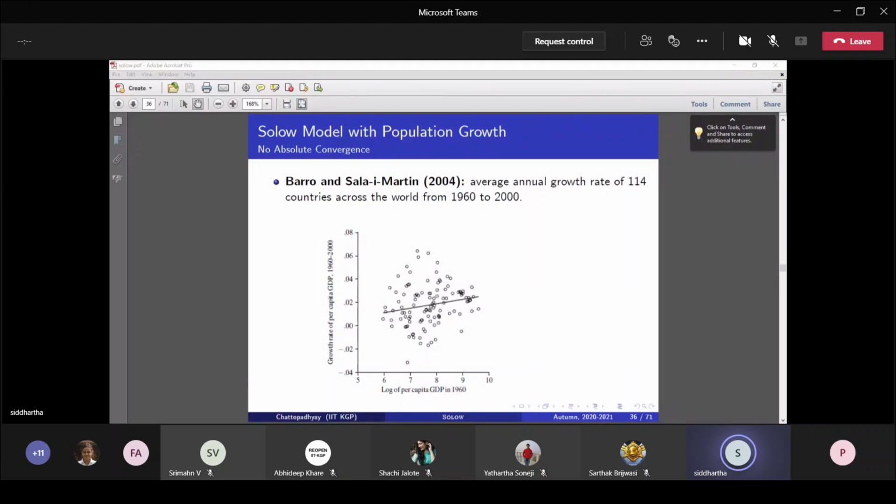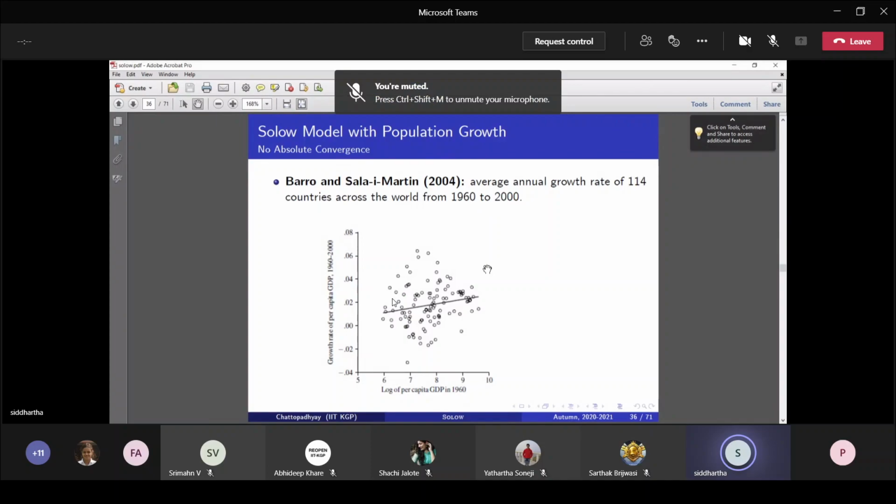Okay, so one problem of this simple model is that it cannot represent the growth rate in the long run of any per capita variable. The rate of growth of per capita output in the long run in this simple model is 0, which does not match the data. Also, this particular prediction of the Solow model: irrespective of whether I'm analyzing short run or long run growth, the poor country should grow at a higher rate compared to the rich country. That is also not getting satisfied over here.